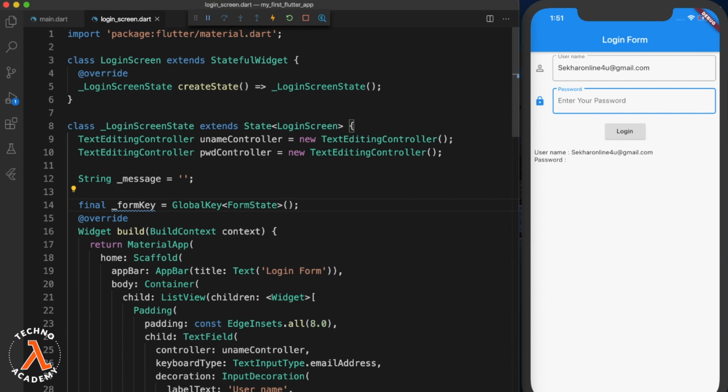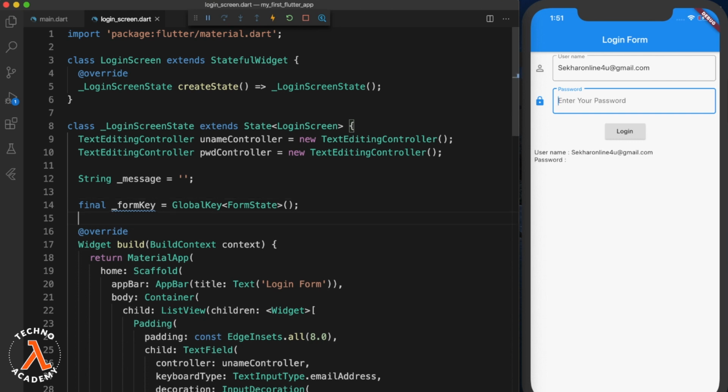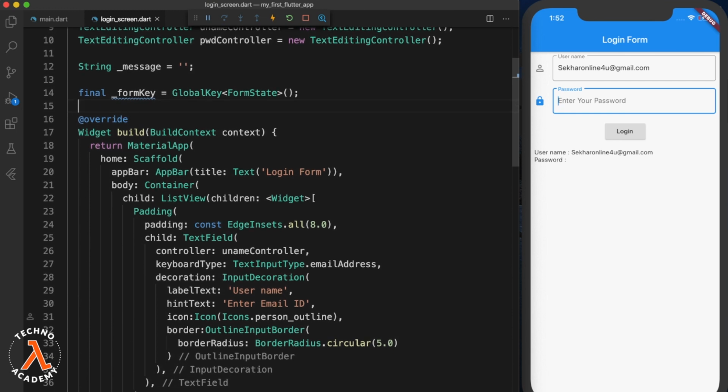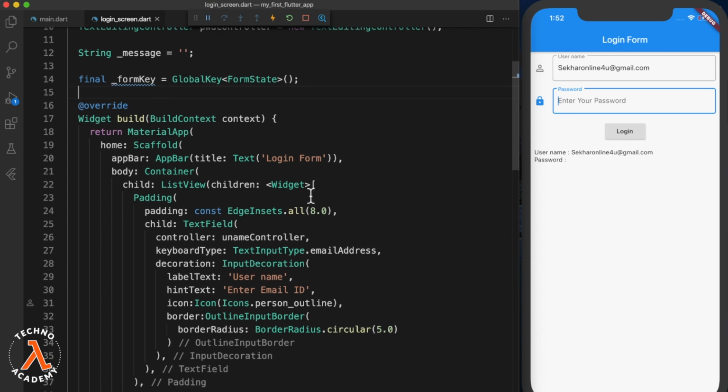And one more important point is that whenever we have a requirement to access other objects that are associated with the elements, such as binding context or access to their states, we need to use global keys. Else, it is advisable not to use global keys.